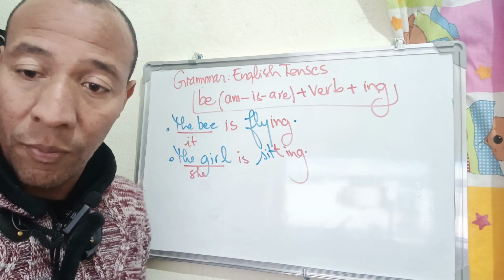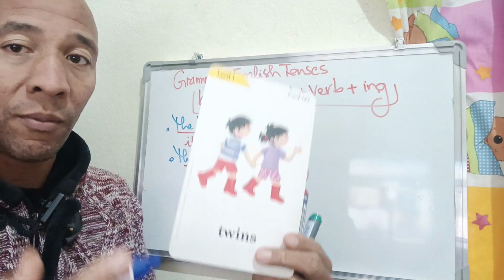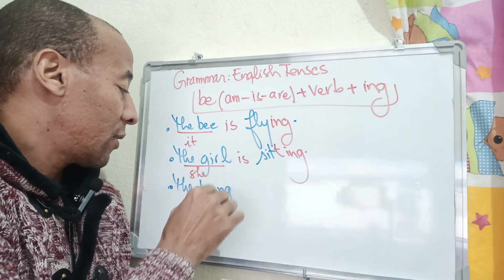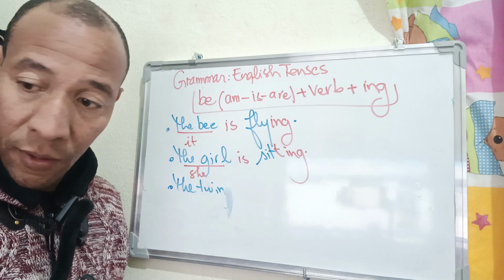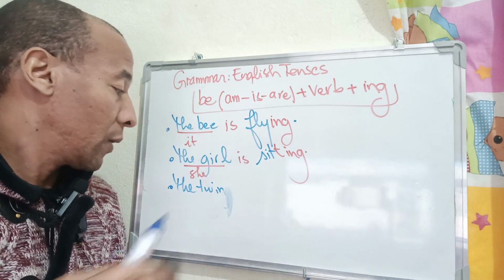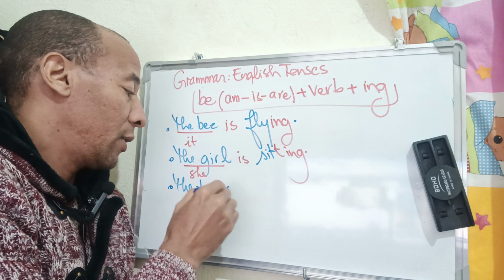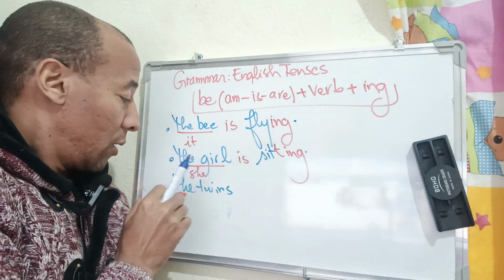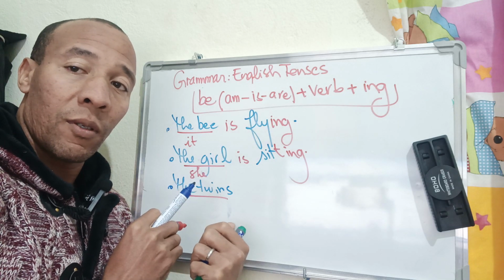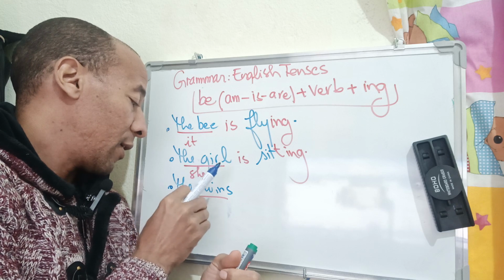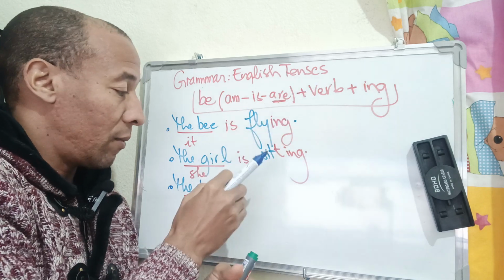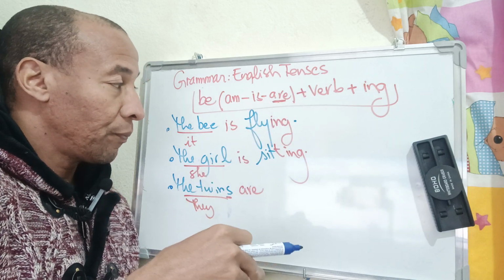Let's see the plural. Okay, the twins. So غناخذوا نفس المثال اللي درنا قبيله. So the twins. Sorry, the twins. All right, the twins are, okay, the twins, okay, انتبهوا معانا. So the twins, which pronoun we're gonna use to replace the twins غنستعملو they حيت عندنا plural جمع غنقولو غنستعملو verb form to be are. The twins are